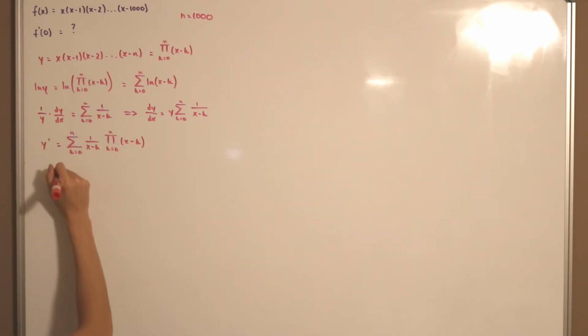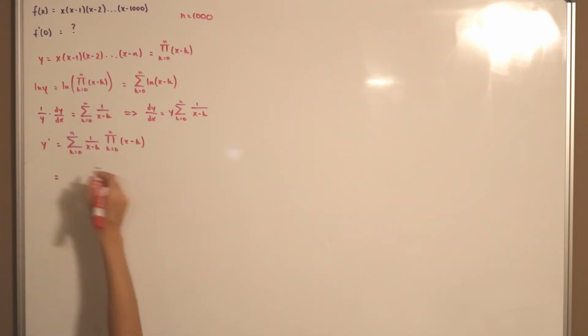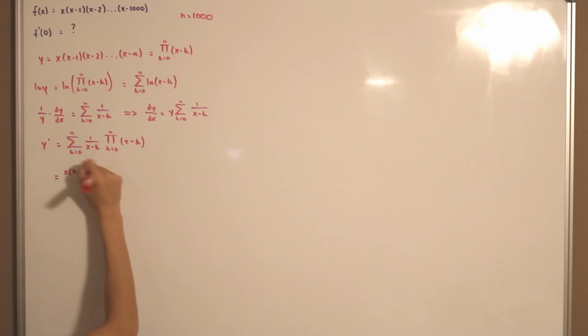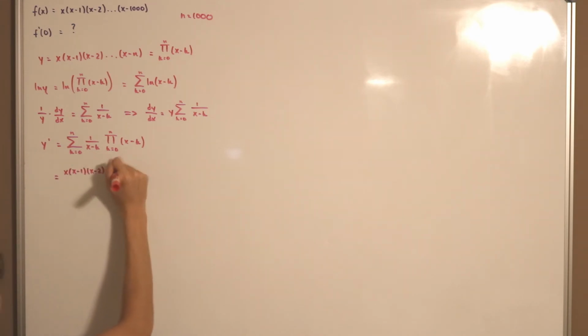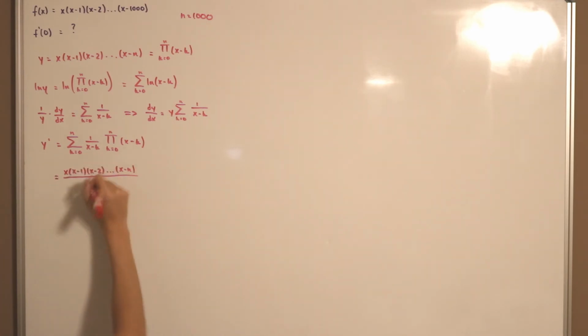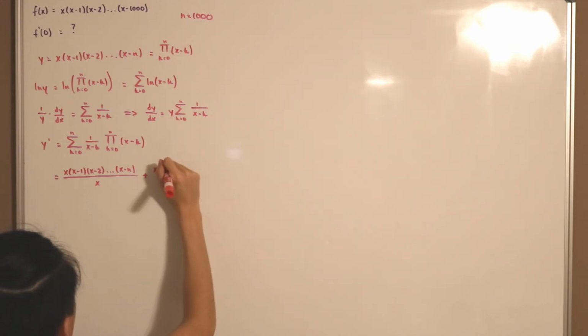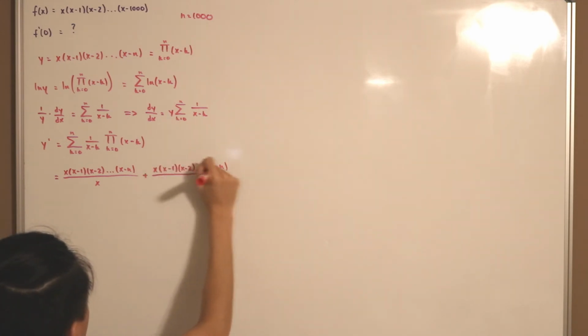This is going to take a while, so just give me a second. So this can be rewritten as x minus 1, x minus 2, up to x minus n, divided by x, then plus the same thing like before, divided by x minus 1,